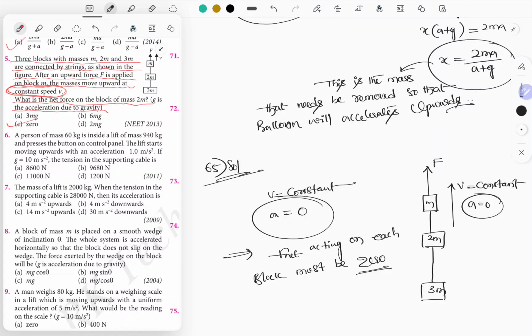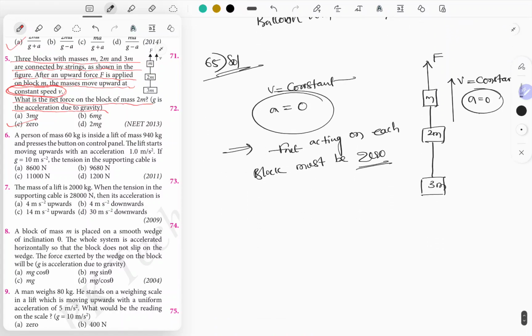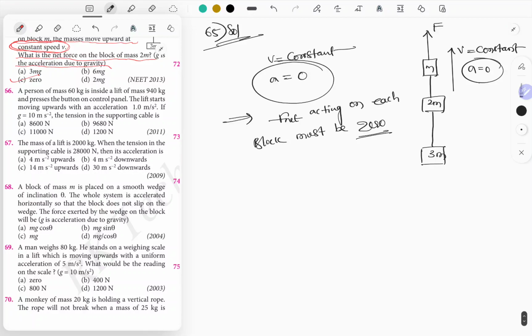Hope you understood. Try to understand. It is very easy question. It looks like it is difficult, but it's very easy once you understand what is the exact meaning of velocity constant, acceleration is 0. So if you can understand, then it is going to be very easy. Hope you understood, guys. Next